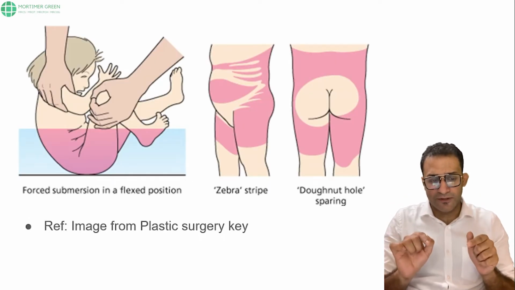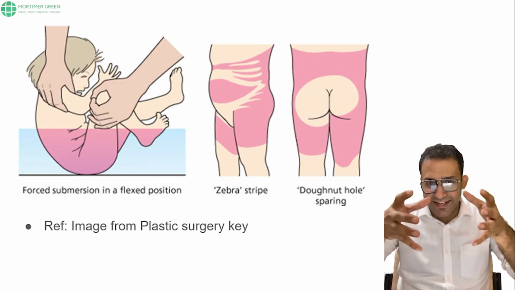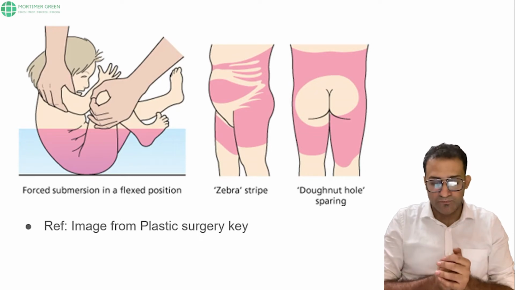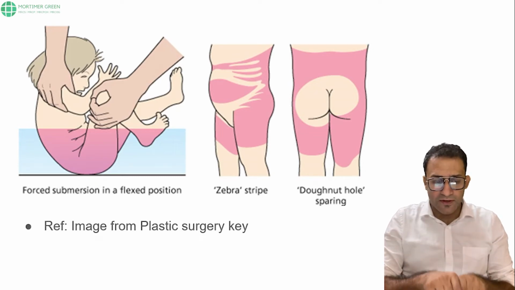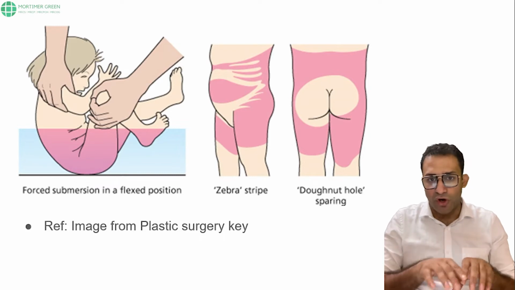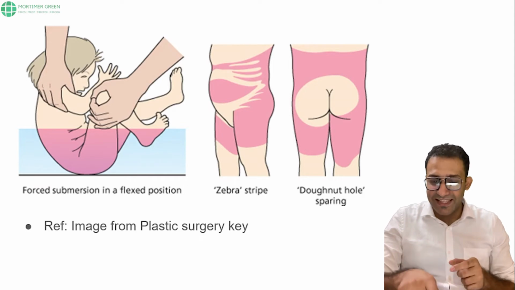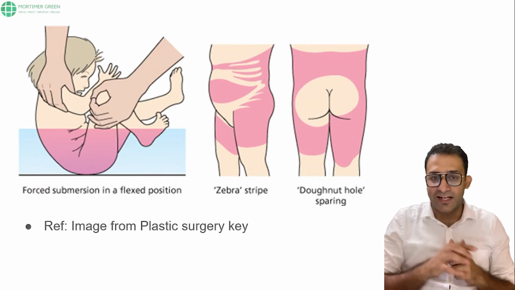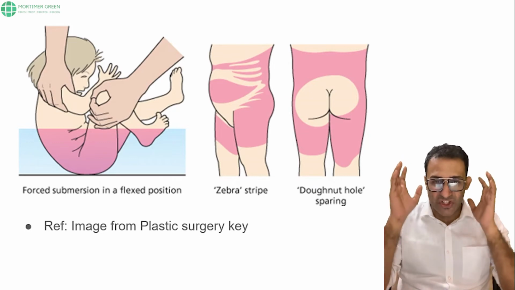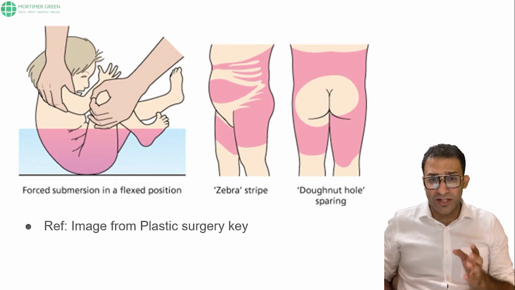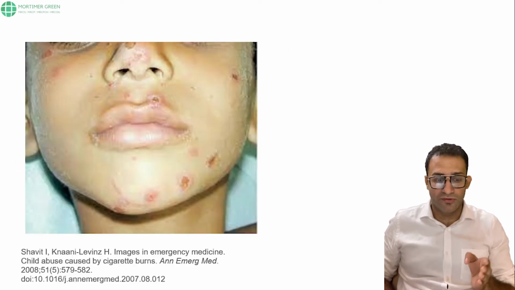The child is immersed. You will see that there are zebra stripes where the child has been held, and those are areas where you might not see burns. At the spot where the buttocks touch the bottom of the bucket or the container, the child is usually in a forced submersion reflex position. You will see that there is sparing around the buttocks. This is very classical of a non-accidental injury where the child is dunked into scalding water. Very suspicious, very cruel to hear and see all these injuries. But this is the reality, and you should be in a position to pick up on it. If your knowledge is inadequate, you might be enabling abuse.